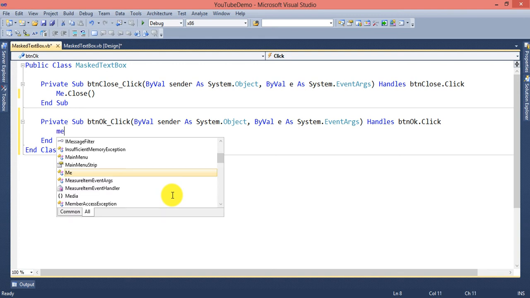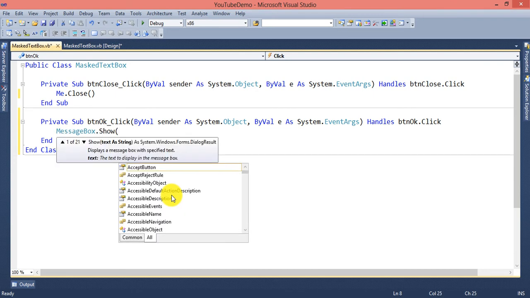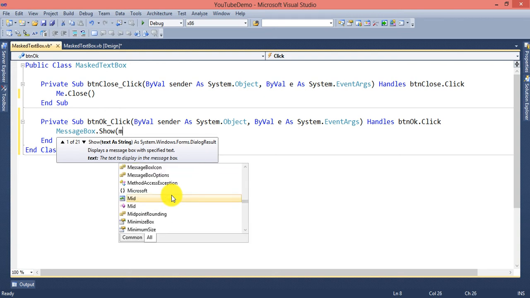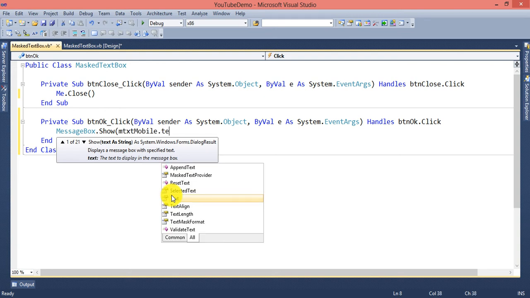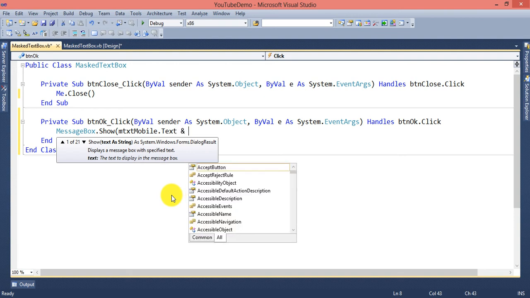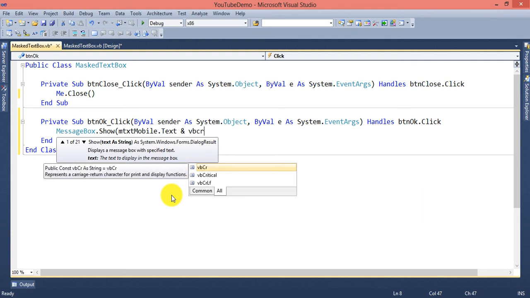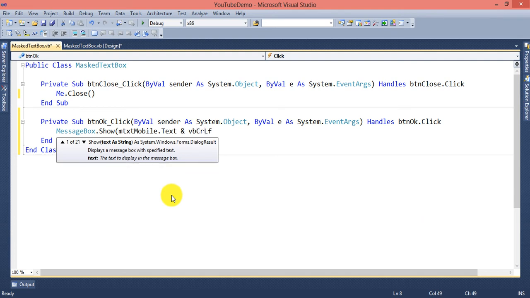Okay, so MessageBox.Show, here I first display the mobile number, so it's mtxt mobile dot text. Okay, then I want to display the second piece of information on the second line, so I am just using here vbCrLf, carriage return line feed.